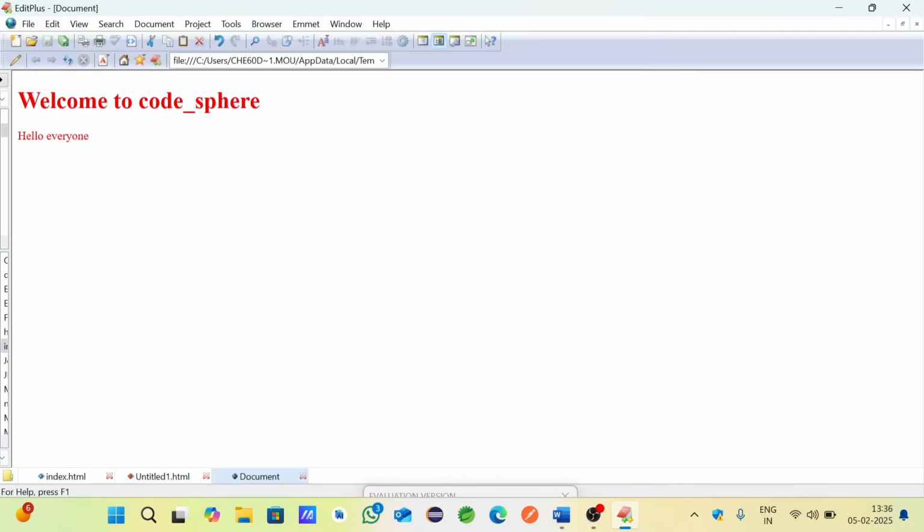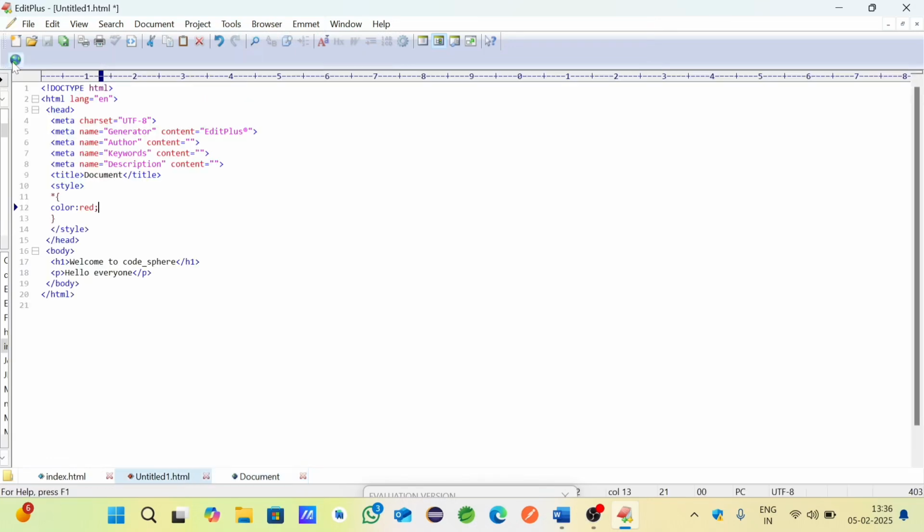See, H1 is also red color and paragraph also shows red color. Why? Because we use universal selector. Universal means it gives that property for all web page elements. Okay. Then go to another one,